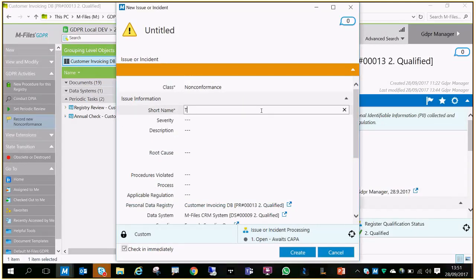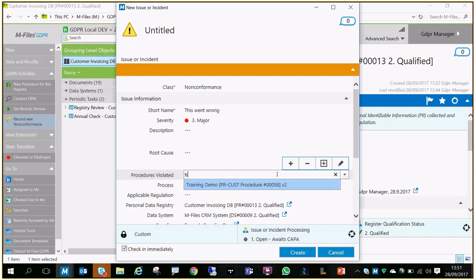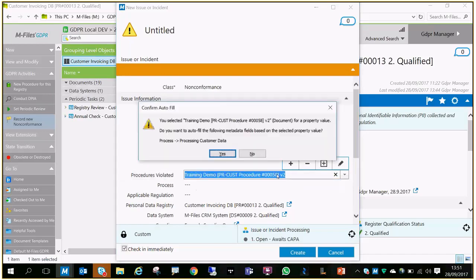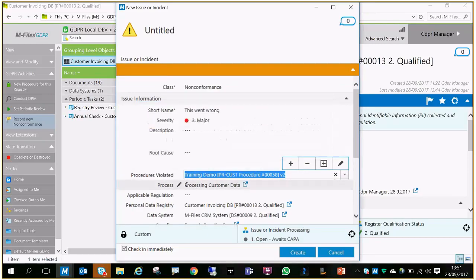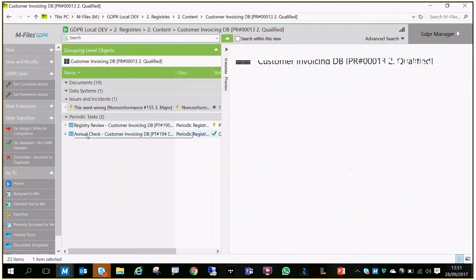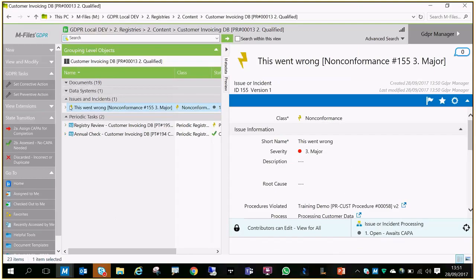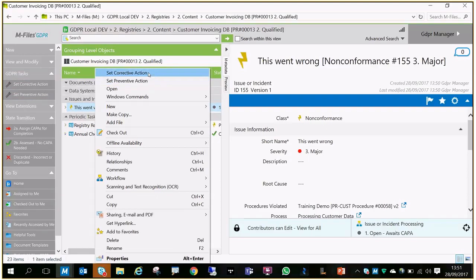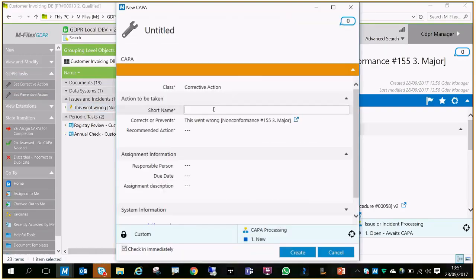Short name, this went wrong. Severity major. You can already tie it to a current procedure that was being violated or not followed, and hence things like that's why it all went wrong. And now we have this issue here, and again we can use either the task area buttons here, or I can right click and set a corrective action. So in order to correct this, we